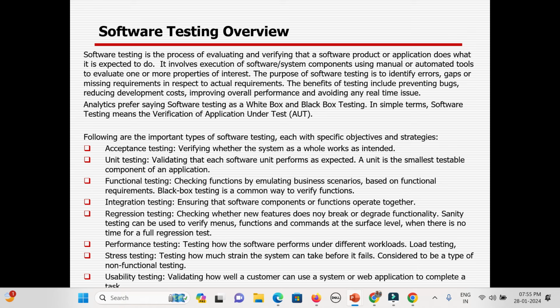The next part is the defect life cycle. Whenever you find any fault, you need to log it as a defect. There might be different tools, defect management tools. It can be ALM, Jira, Azure, Rally, all this. There are so many tools available in the market. Some are free, some are license based.